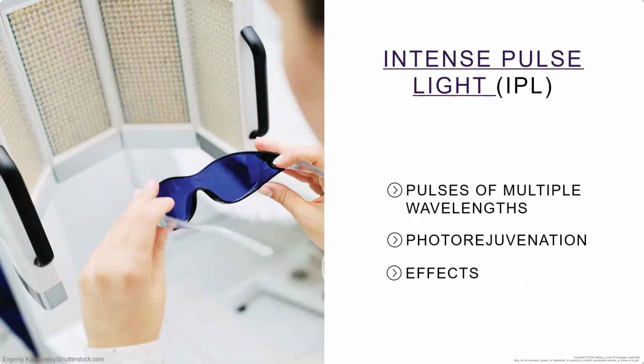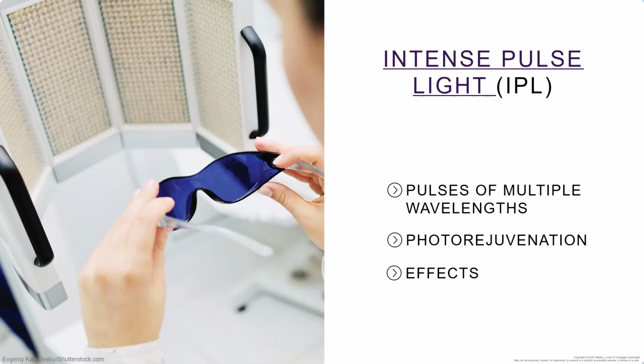Intense pulse light, or IPL, uses pulses of multiple wavelengths. This is used to reduce pigmentation, remove surface capillaries, and rejuvenate the skin. Photorejuvenation utilizes the light therapy to enhance the skin, so it is not causing harm to the skin, and it treats extrinsic and intrinsic signs of aging. Some of the effects of IPL include